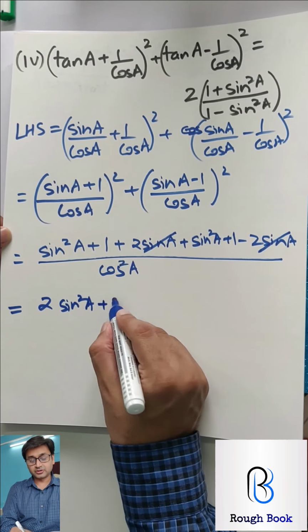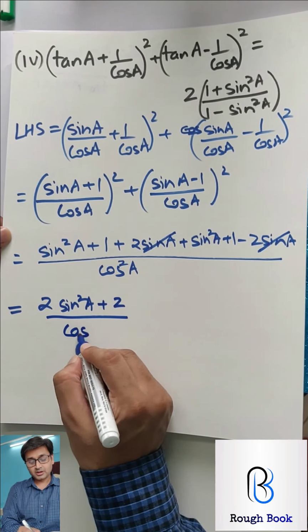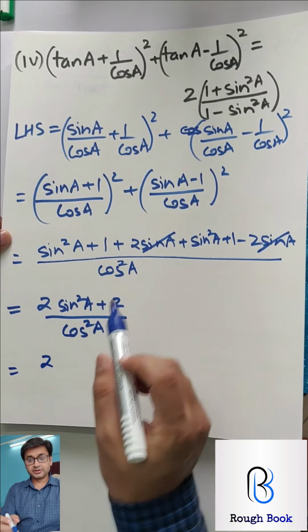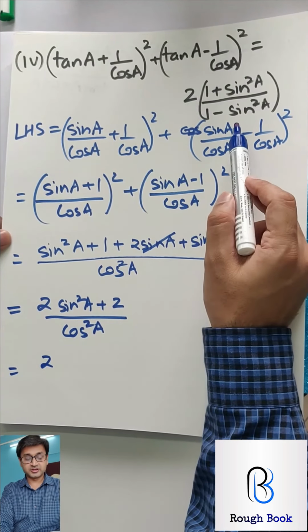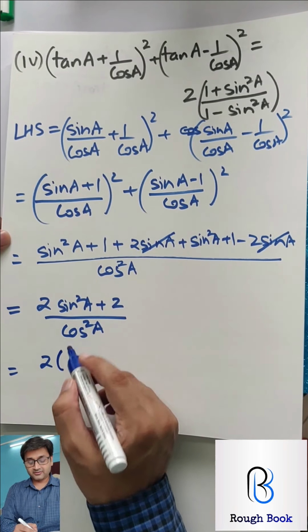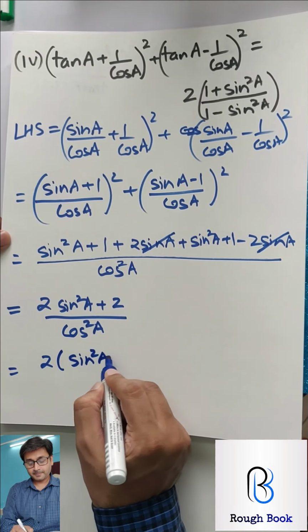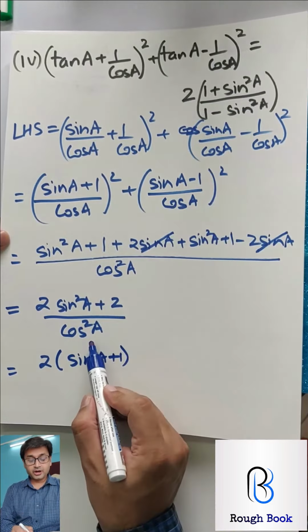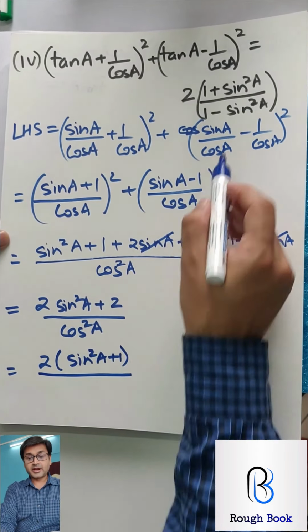Okay, that is too much for you, so let's write plus 2 upon cos square A. Alright, are we clear till here? Great. I am pulling out 2 common here. See, now my eye is on the RHS. So if I pull out 2 common, I will get sin square A plus 1. My numerator is sorted. Denominator says cos A, but I don't need cos.